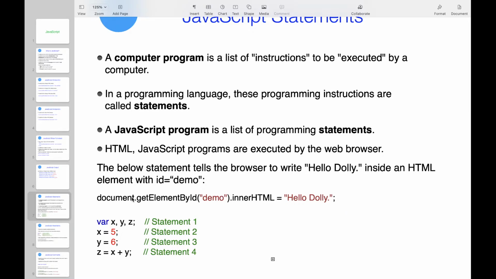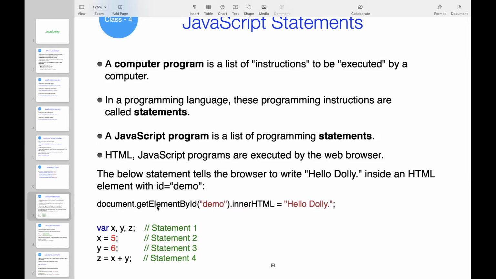In this line we are fetching the element using its id, and then using innerHTML we are replacing some content. We are telling the browser to execute this line, fetch the element using id, then replace the content using innerHTML. So we are replacing some content in an existing element.